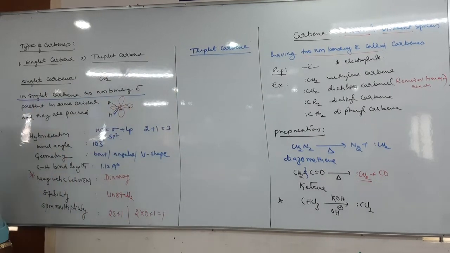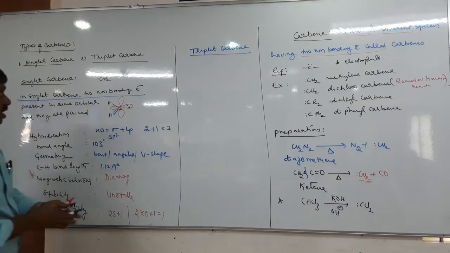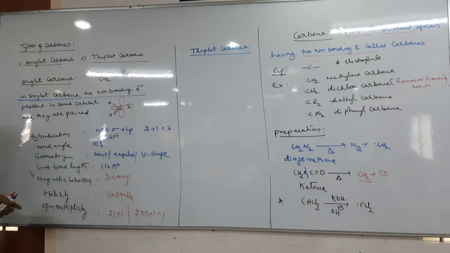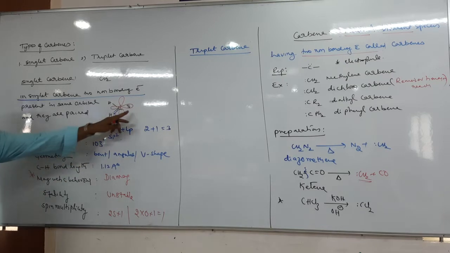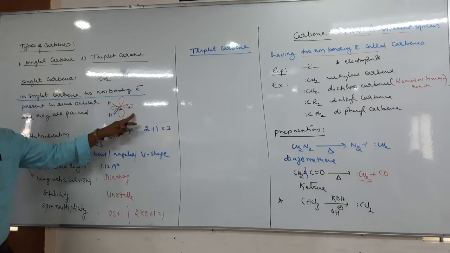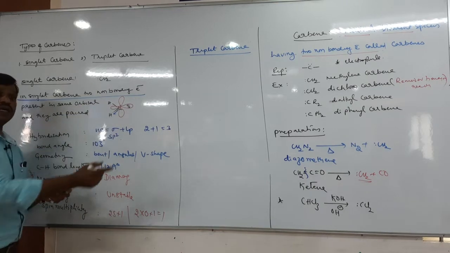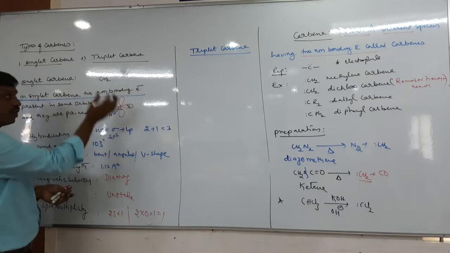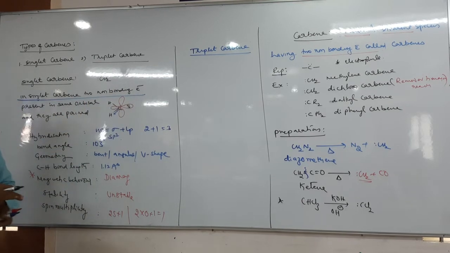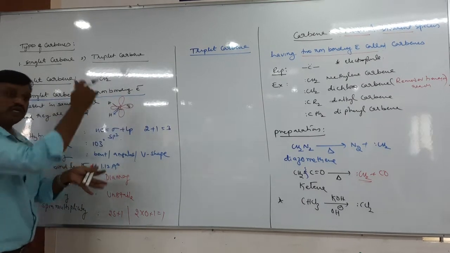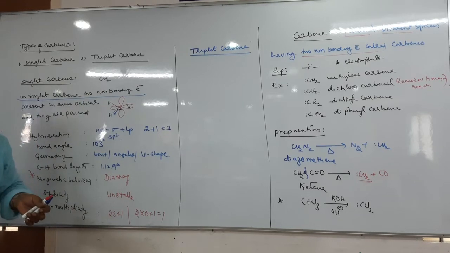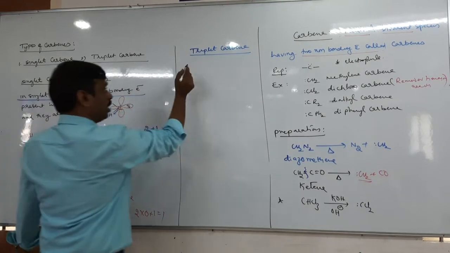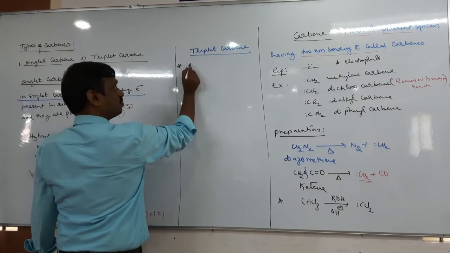Triplet. Right. In triplet carbene, it is opposite to this. In triplet carbene, there are two non-bonding electrons, but the two non-bonding electrons are not present in the same orbital. They are present in two different orbitals, that are parallel. Suppose one is clockwise, the other should be clockwise. If one is anti-clockwise, the other should be anti-clockwise. So therefore, in triplet carbene,